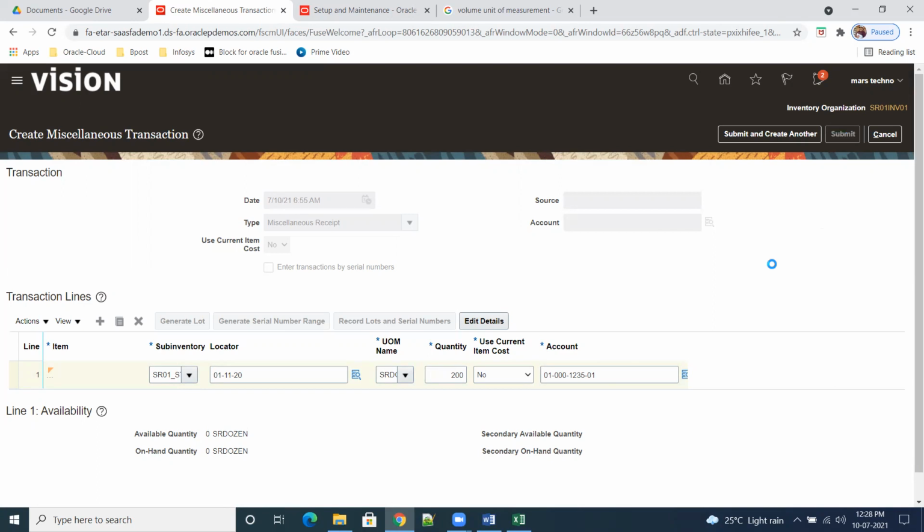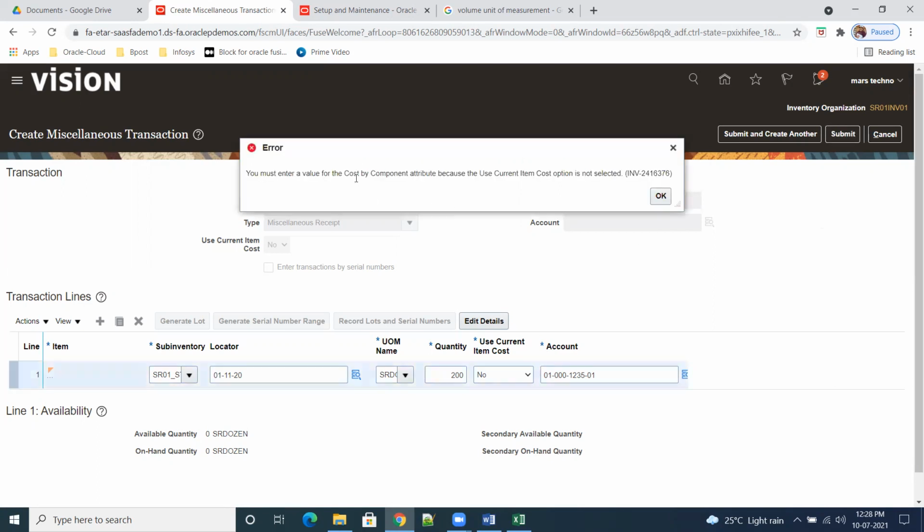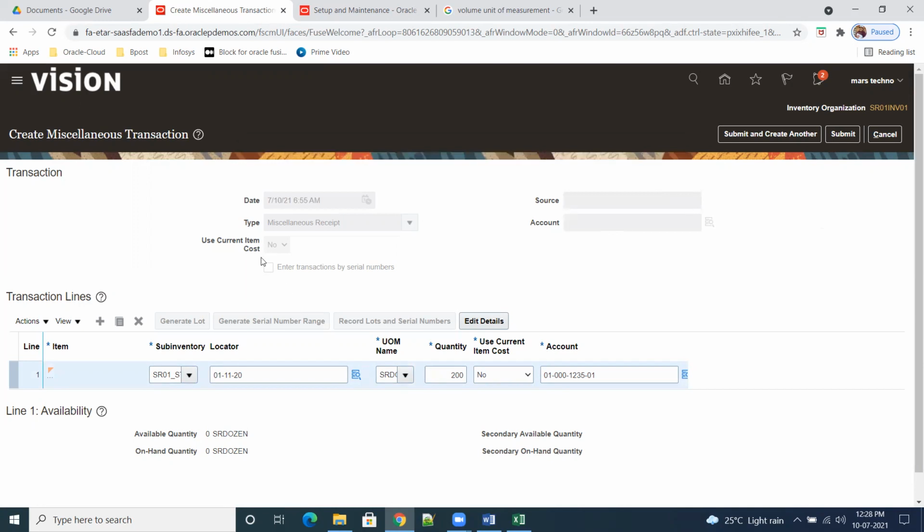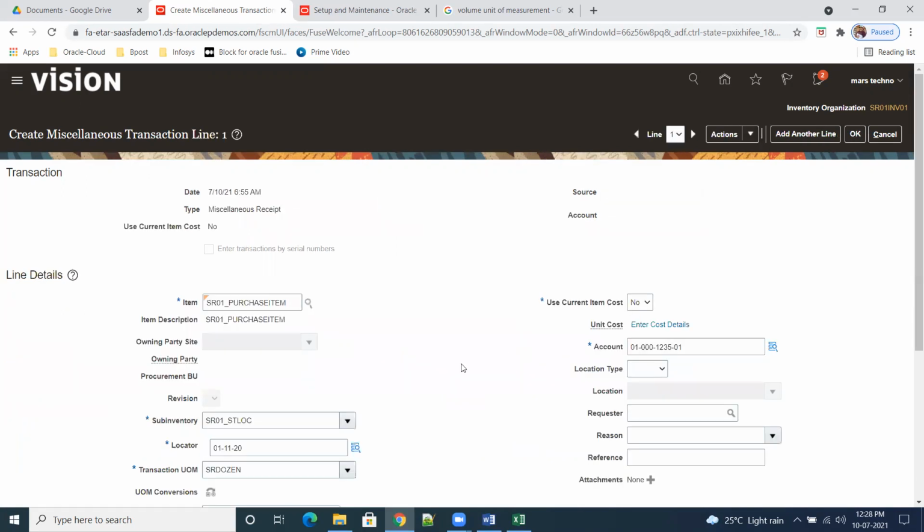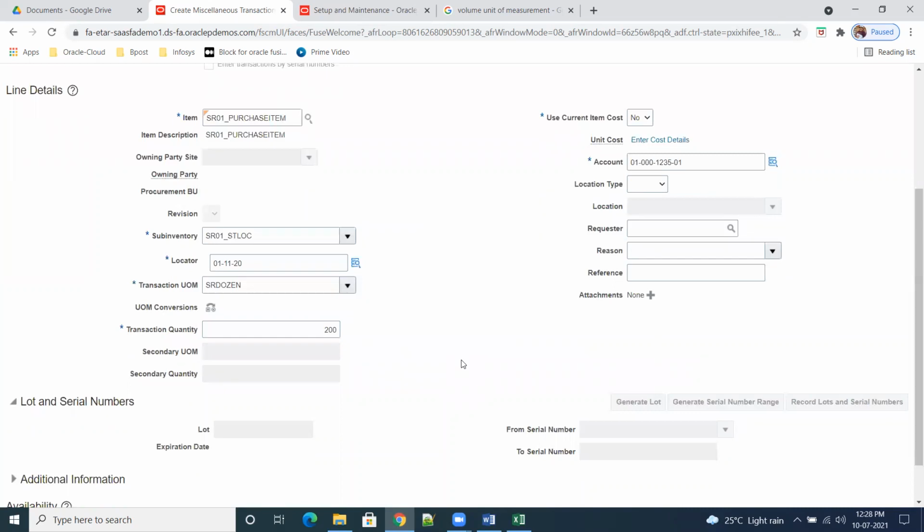Now submit. The system says you must enter the cost because we have added cost. Current item is no. So how to enter? Click on edit details. Where is it? Unit cost.